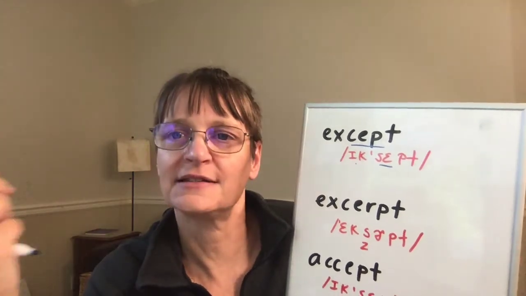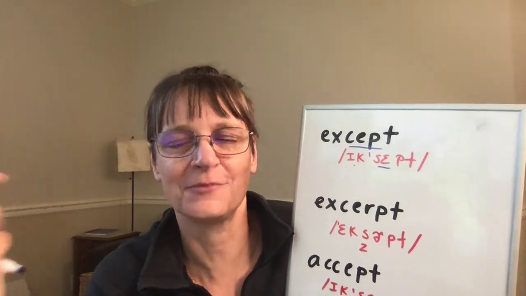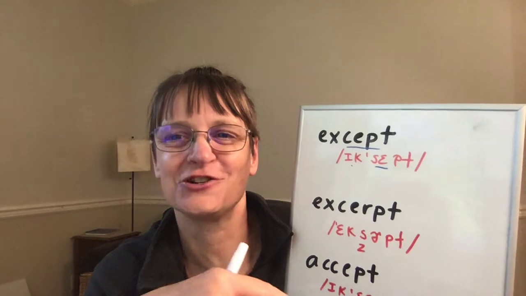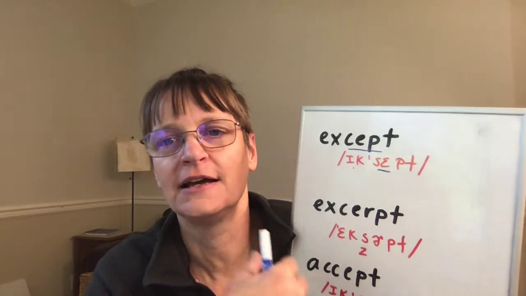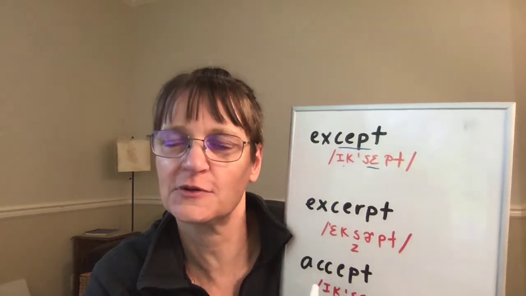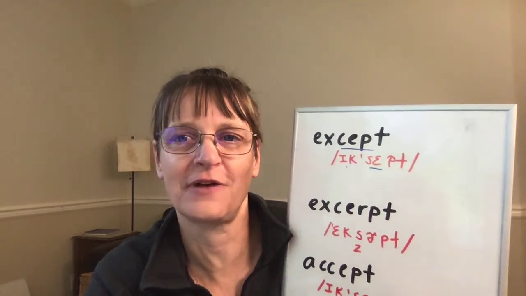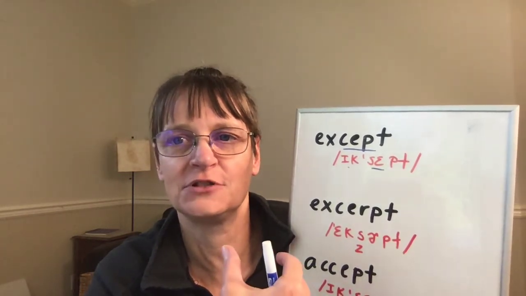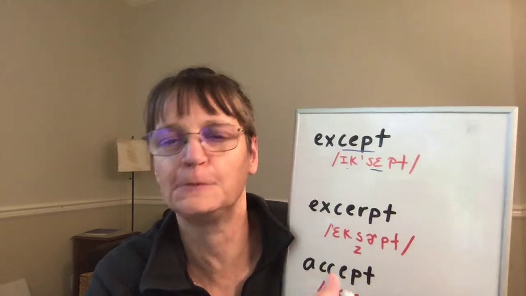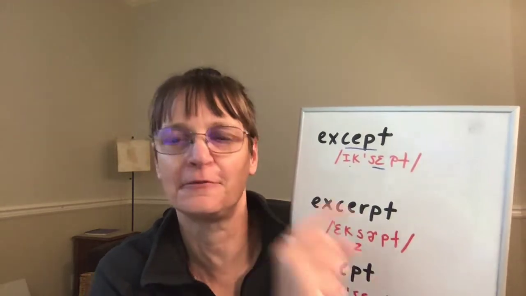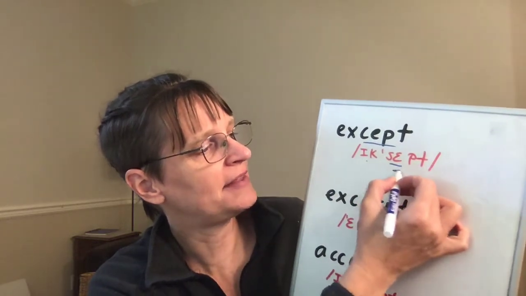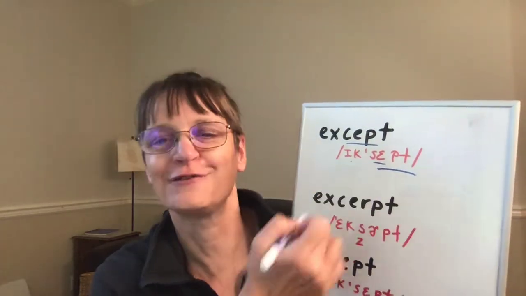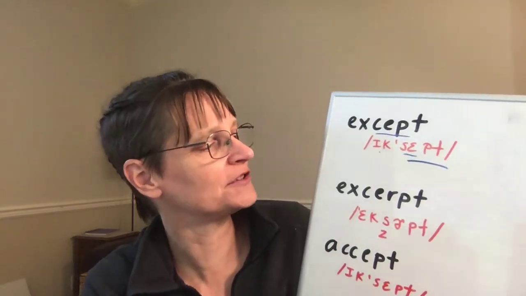Except for, I'm trying to actually determine if I usually say that T. And I think in most cases I say the T. If the next word starts with the T, I may only do one T sound rather than two, except ten people, except ten. I might run those together. So that's how I do except. The main thing is second syllable stress, clear vowel on the second syllable, and short first syllable.